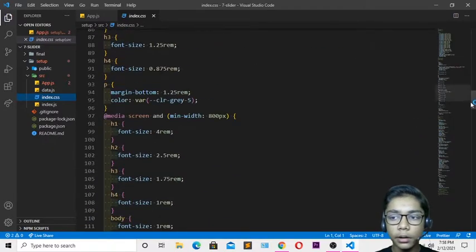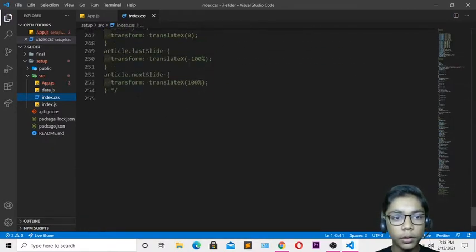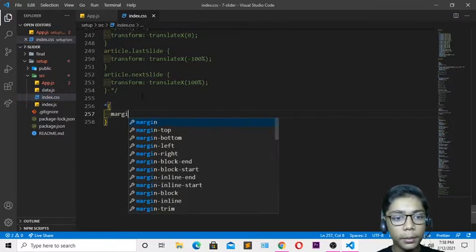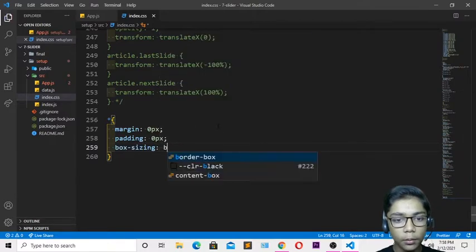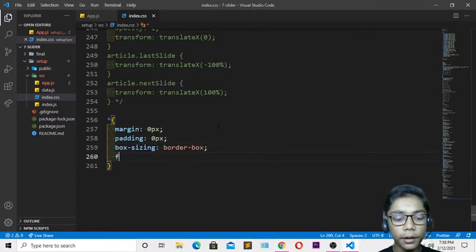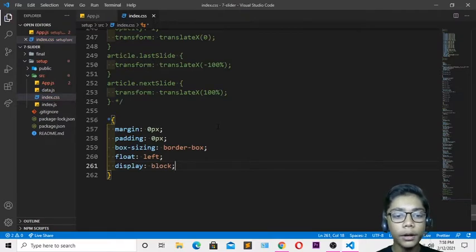So I will be just coming to the last, and I will be just going to the top, and just come over here again, and I will be writing first of all this tag. Then I will be writing a margin of 0 pixel, and the padding I will also define as 0 pixel. Then when you've done that, right over here the box sizing, border box. Then you have to come over here again, and I will be now defining float which should be left, display which should be now block, because now when you're defining float as left, here you have to define display of block. If you define display of inline block, it will not work, because you are defining float with that.